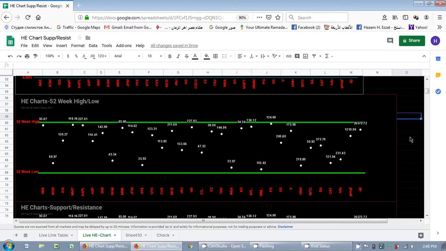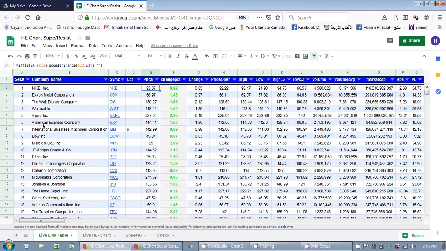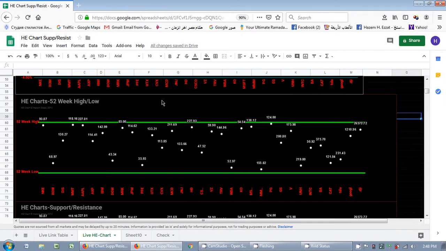further. If you want to take as an example, again, Nike, you will see that its current price is 93.07, the 52-year high is 94.75, and the low is around 66. As you can see, it's very close to the 52-year high level, which is indicated here